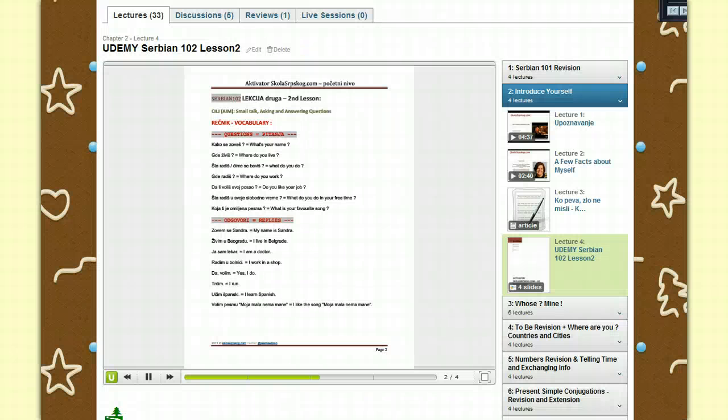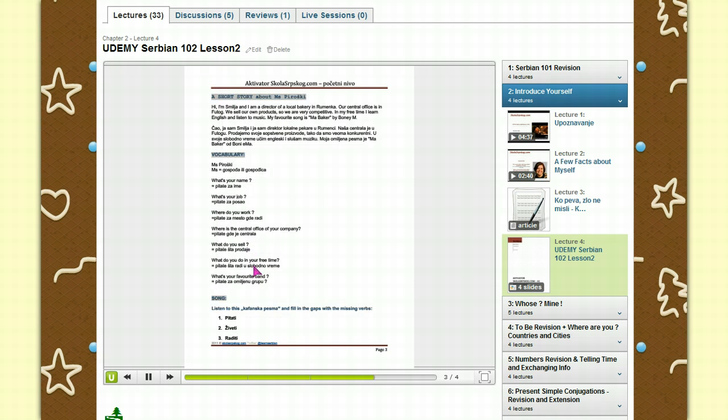I guess you can see it. It disappeared. Anyway, so you have the vocabulary, Serbian in Latin. Later on, I'm going to add all these things in the Cyrillic script as well. The basics are in the Latin, they are explained, and you also have the exercises and links,